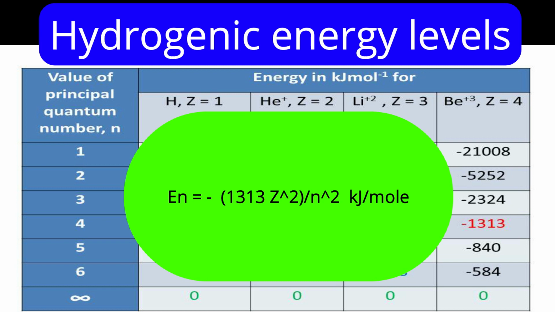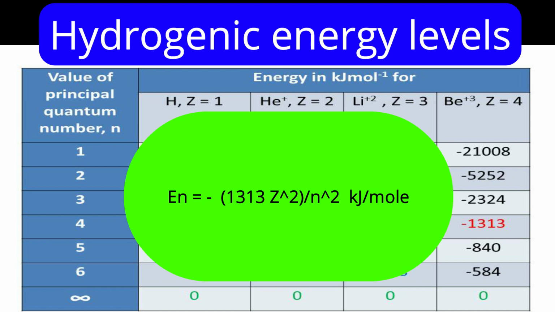With the increase in atomic number, what is atomic number after all? Atomic number is the number of protons. The number of protons is the positive power of the nucleus, the attractive power of the nucleus. It is the nuclear charge. With increase in nuclear charge, what do you think? Will the electron come closer to the nucleus or go away? Certainly, it will come closer. The closer the electron to the nucleus, the lower, that much more negative, the energy will be.